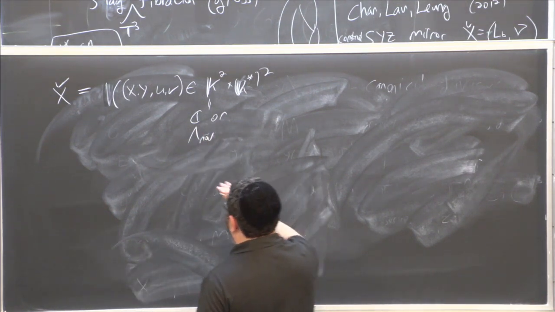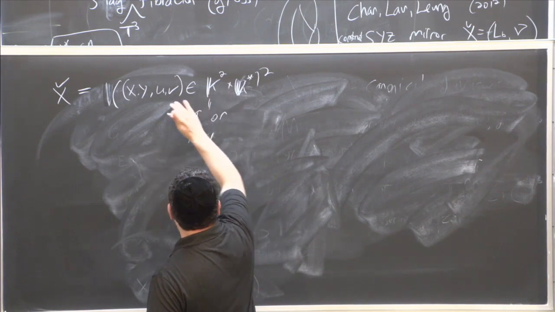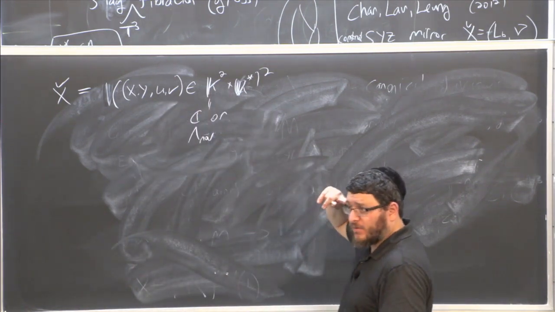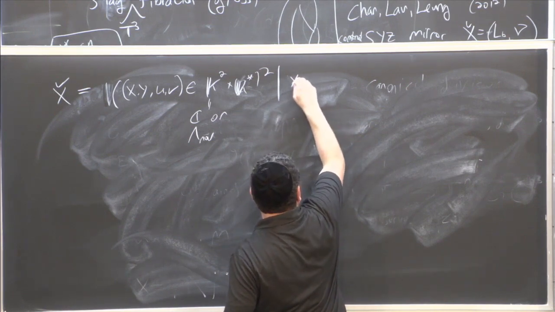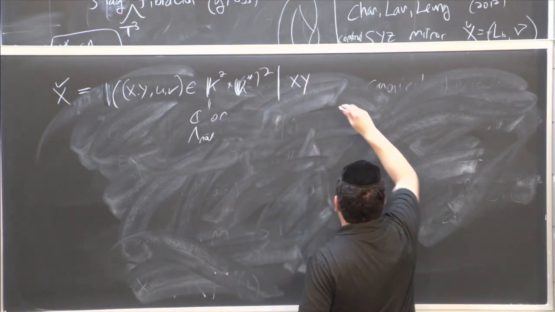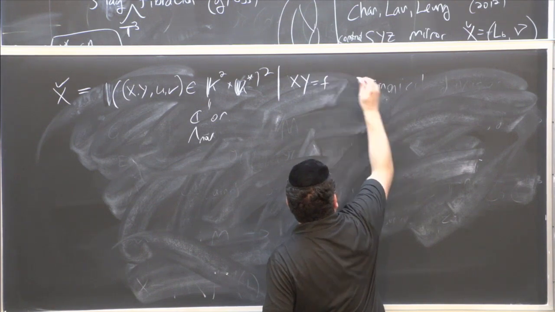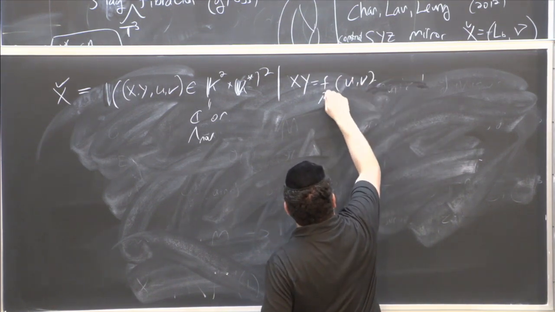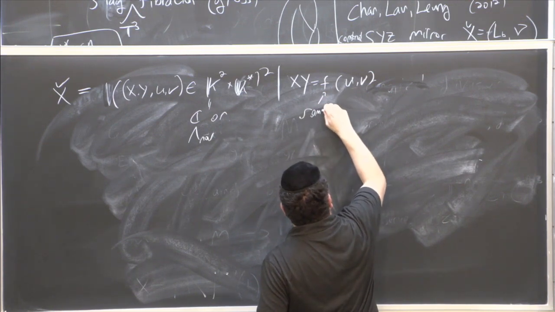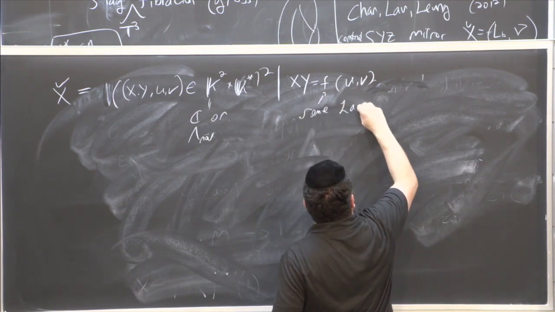So it's a subset where the first two are in C, the second two variables are in C star squared, and which satisfy an equation of the form x times y equals f of u and v, where f is some Laurent polynomial